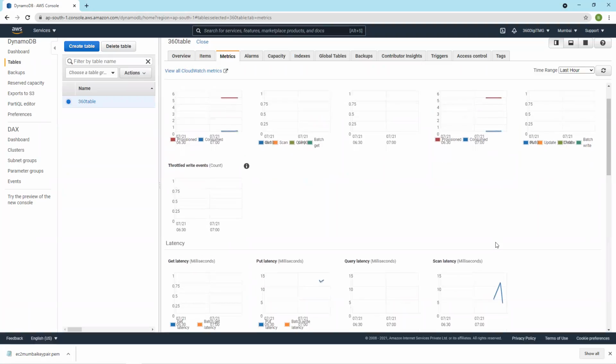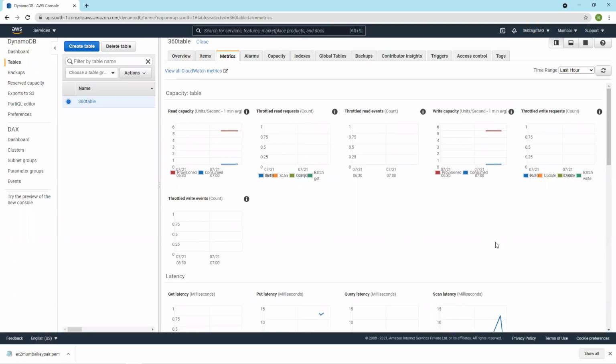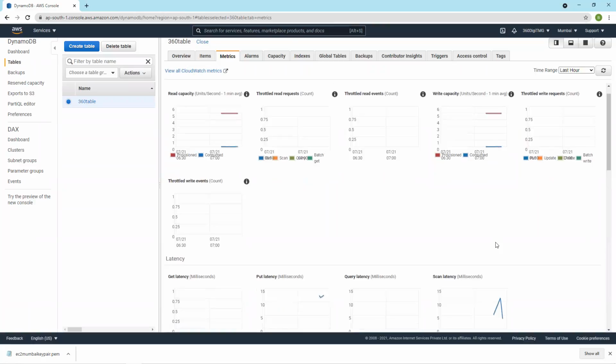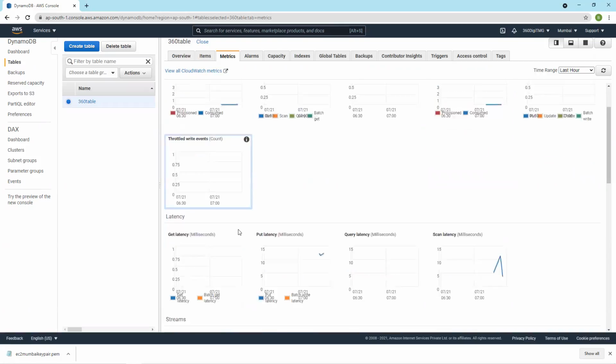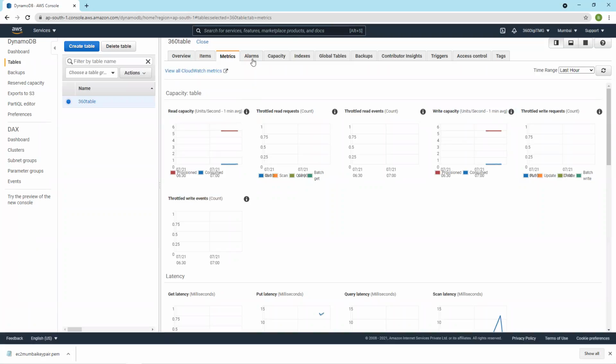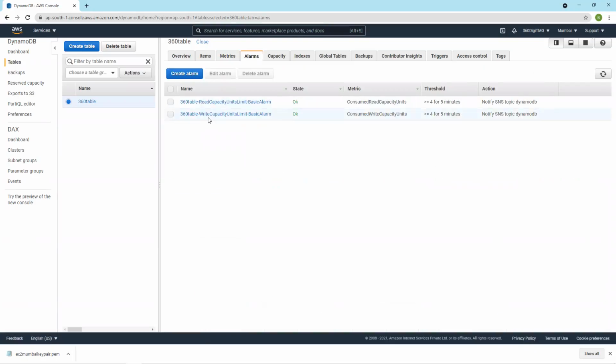If I want to make it more, I can provision it. But since I have launched it in free tier, I have gone with the default options, and the maximum is 5 read capacities and 5 write capacities. Then throttled write requests, write events, and other metrics. And alarms. We have 2 alarms.